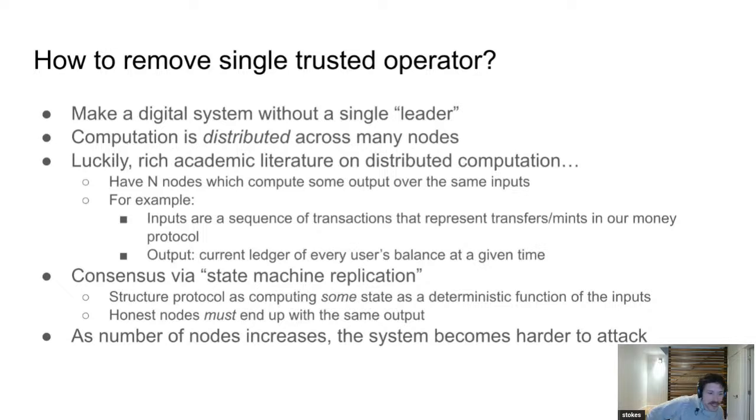From there, you can think about the way that we're going to structure this now, so that everyone can join the system. These end nodes I'm talking about join the system and work together. You structure them in a way that they compute the same thing given all these inputs, right? So we assume that everyone has all the same inputs to the protocol, which, if you think about it, is just a record of all the transactions.